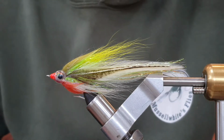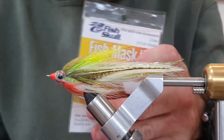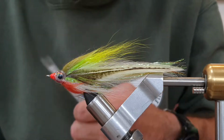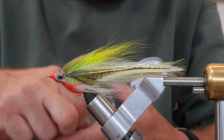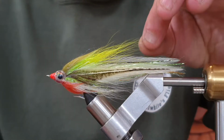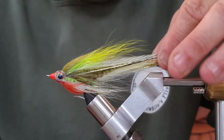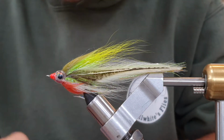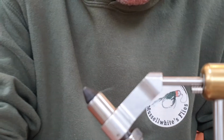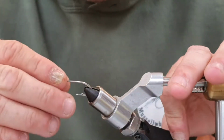This is a stainless hook for fishing in the sea. It uses one of these little fish masks by Fish Skull. This is a 6mm one, and it's got a great little action to this fly. It's quite bulky in the middle, and with the fairly stiff feathers, it gives quite a cool, almost a jerkbait action in the water. So let's take this one out of the vise and we'll pop in a size 1/0